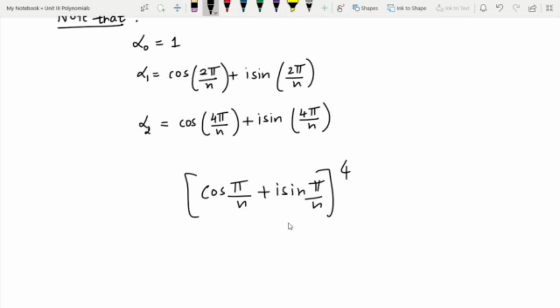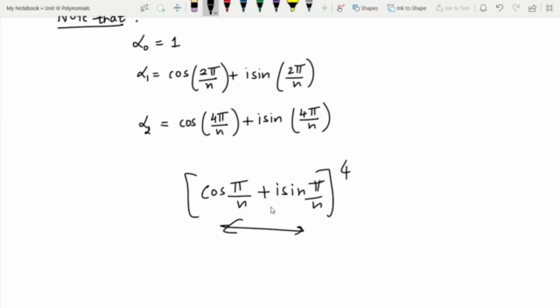I want something special, in the sense that whatever value I get here should be related to alpha 1. You already know the value of alpha 1, so this value should appear here. Which value should I take to the power? Here I have taken 4. So which value other than 4 should I take so that alpha 1 appears in this bracket? This is the question, and the obvious answer is 2.